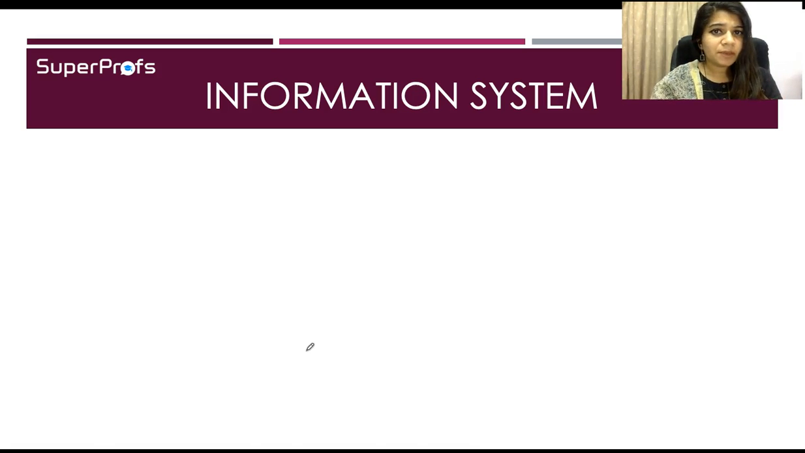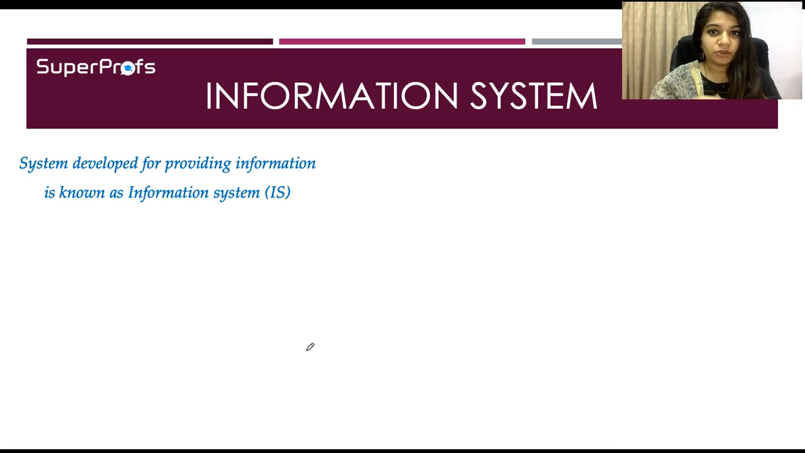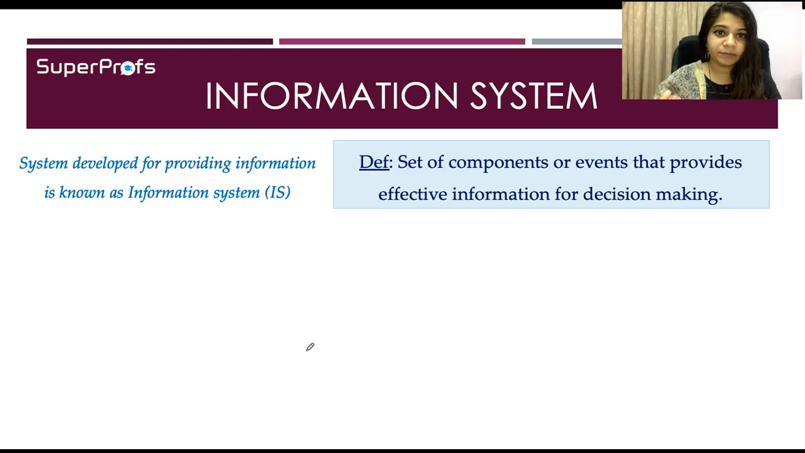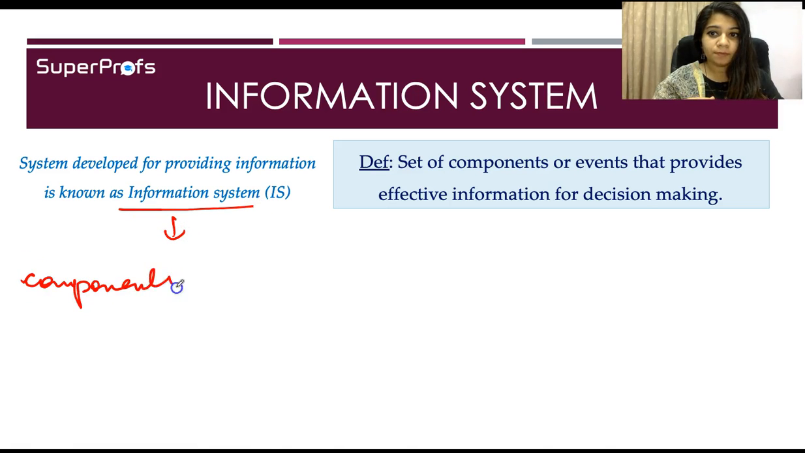So what do you understand by an information system? As we have studied, an information system is a system which is used to provide information. So how will we define an information system? There will be different components included to provide effective information. First of all, there will be different components, and these components will enable information